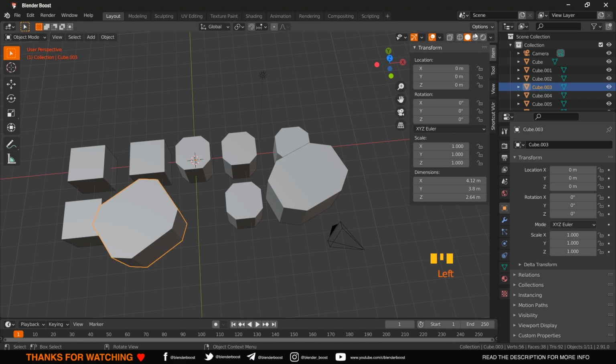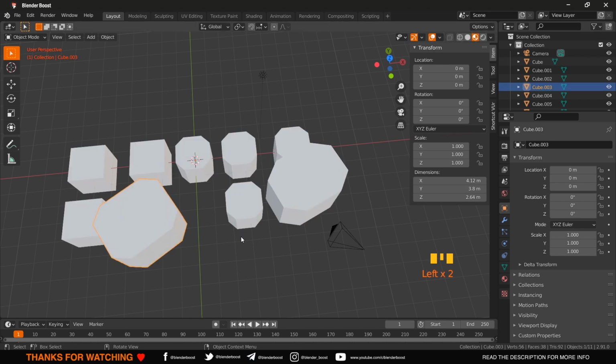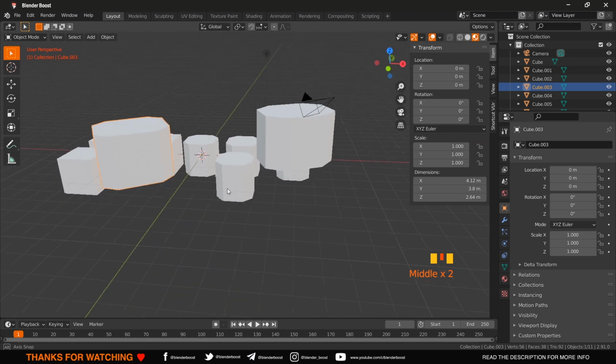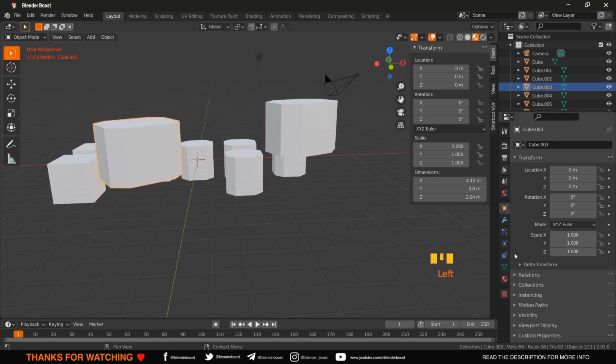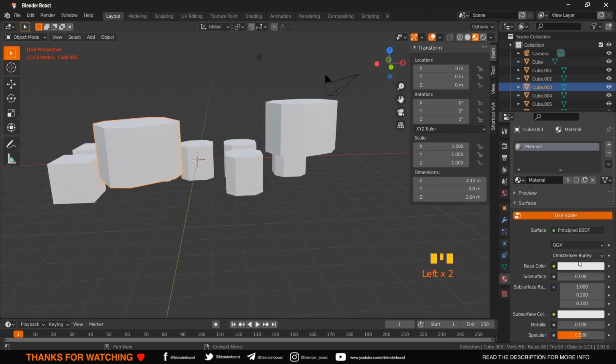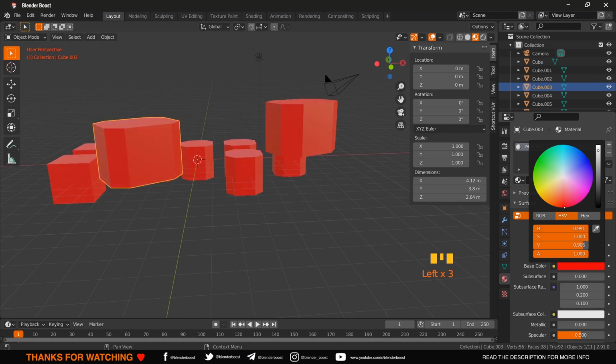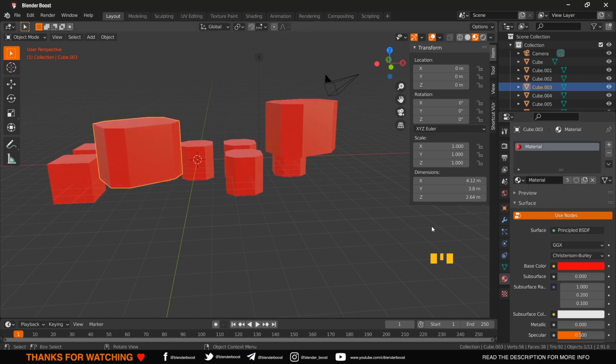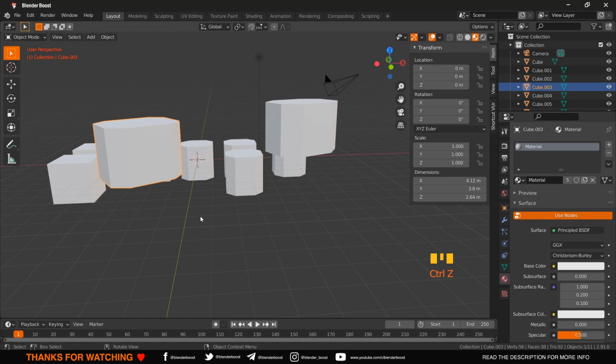I go to the material preview mode. Now I will show how materials work with these two types of duplication. I go to the material properties and change this material color. The same material is applied to all objects. I undo that step. I select this cube